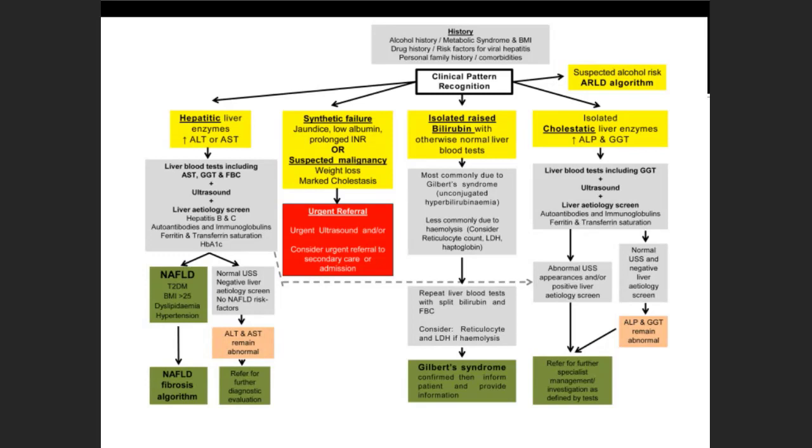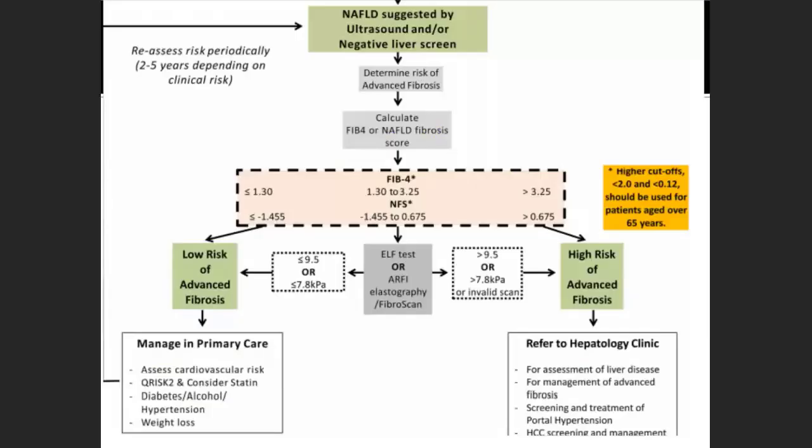Looking at liver function, isolated bilirubin, so there's a whole thing on Gilbert syndrome, and then there's cholestasis, looking for things. But it's fairly straightforward, though a bit of hard going. I downloaded the NAFLD one then, and I think this is where it becomes complicated, or not complicated. I don't use any of the